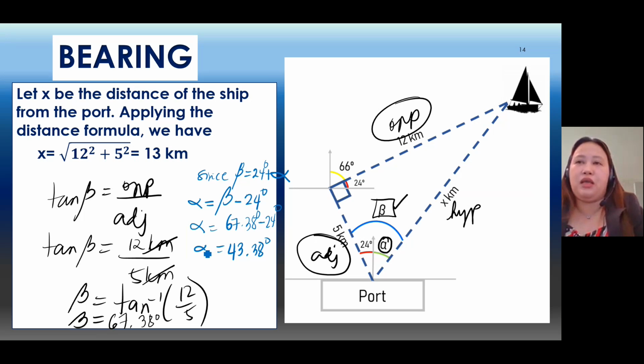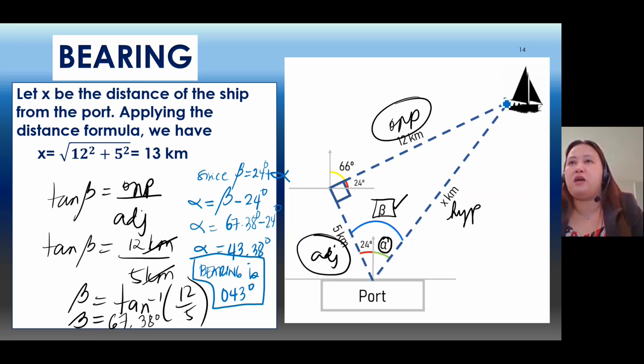But then since we need the bearing, the bearing is 43.38 degrees. Okay, this will be the answer. That is the bearing of the ship from the port. So the ship is here, and this is the port. So the bearing of the ship from the port is 43